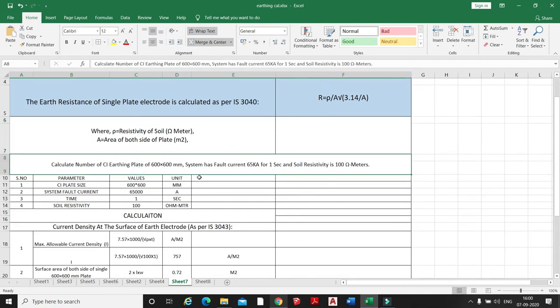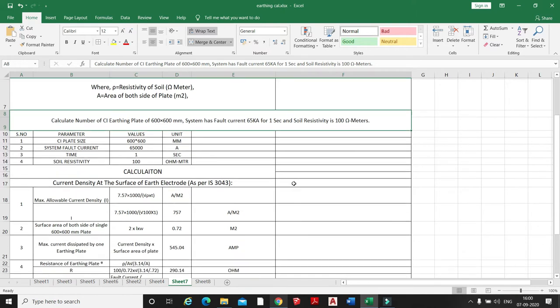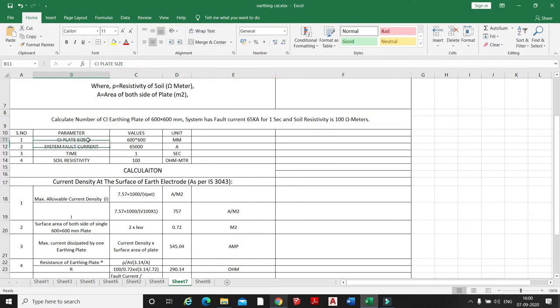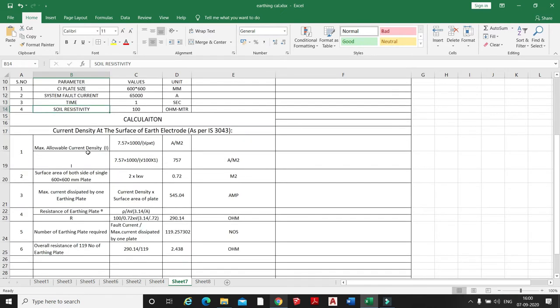So this is the example. If the CI earth plate is 600 by 600, the system fault current is 65 kA for 1 second, and soil resistivity is 100 ohm. The CI plate size is 600 by 600, the system fault current is 65,000 ampere, time 1 second, and soil resistivity is 100 ohm. So first we calculate the maximum allowable current density of the plate, which is